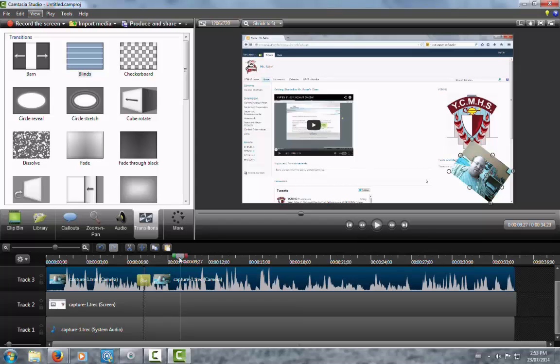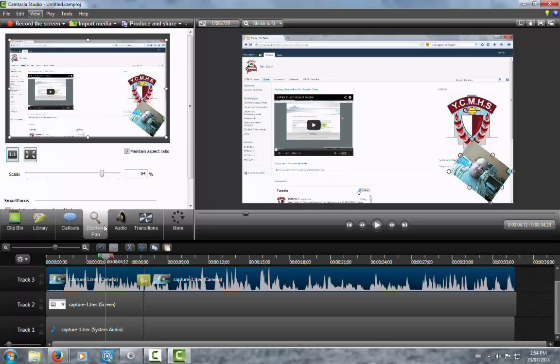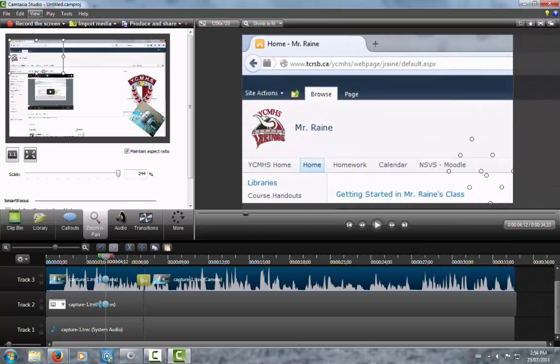The other nice thing is that we also have the option for zoom and pan. If we're talking about computer applications and you're calling attention to small areas of the screen, we can go ahead and zoom right in on it, and we can show exactly what you're pointing at. So if we were talking about the links, we can talk about our YCMHS home or homework or Moodle,